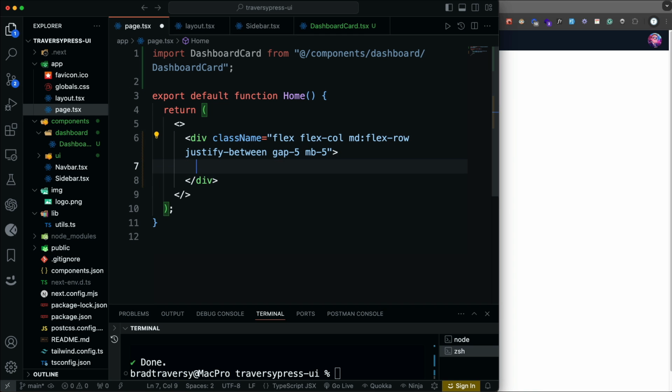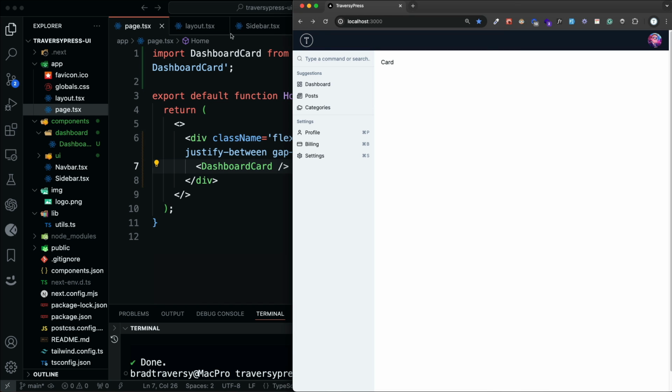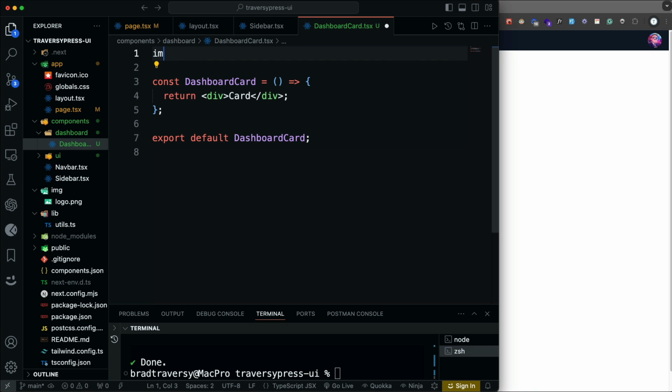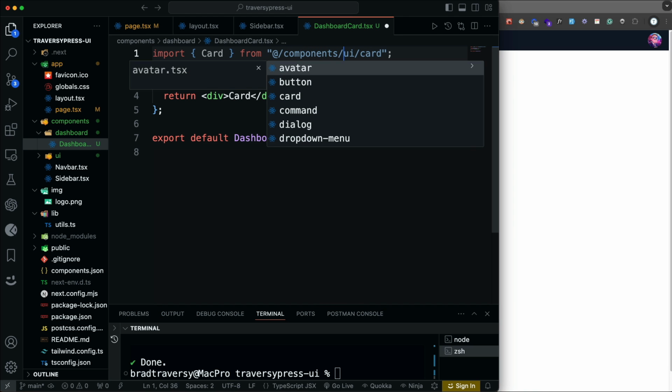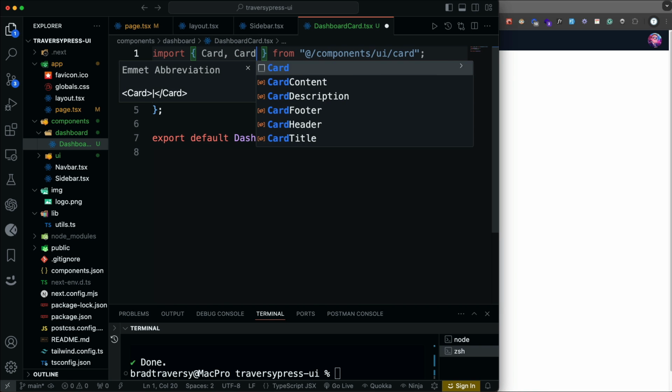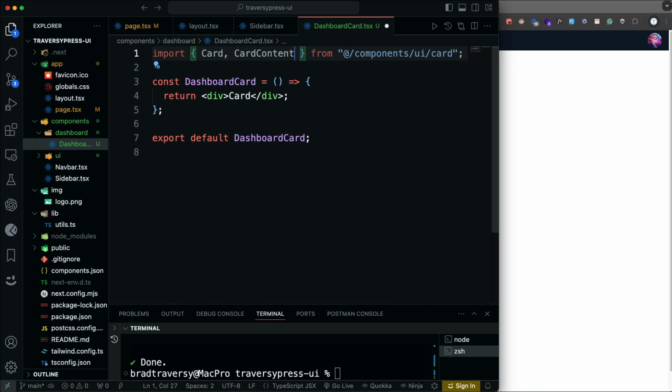And then inside here, we'll have our dashboard card, which right now doesn't take any props, but it will, and we just see card. So now let's go into that file, dashboardcard.tsx, and let's import. So we want to bring in card, and that's going to be from @/components/ui/card. And we also want to bring in card content. You can also have like a card header, footer, and so on, but this is all we need for this